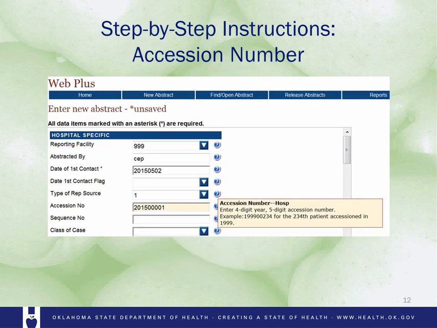The next field to complete is the accession number. This unique 9-digit number is assigned to the patient and consists of the year in which the patient was first seen at your facility, as well as the consecutive order in which the patient was abstracted. For example, the first patient abstracted for year 2015 will be assigned accession number 2015000001. The second patient abstracted for year 2015 will be